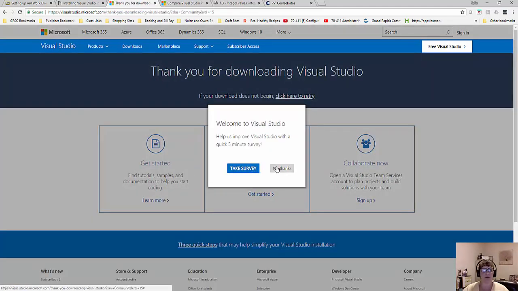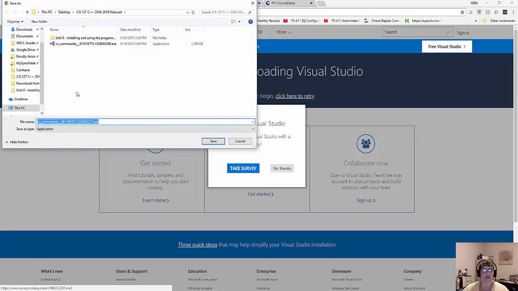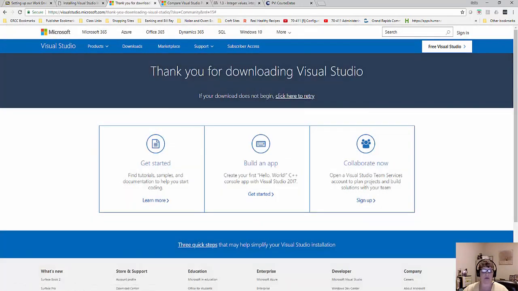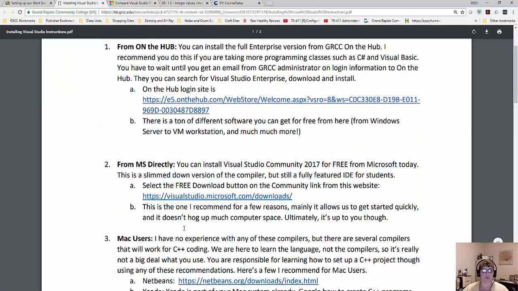and from there you download it, and then you can go through the installation process. I'll show you something on the installation process in just a second. It's a pretty easy install. I've already installed it, so we're not going to go through that right now. But that is where you can download it.